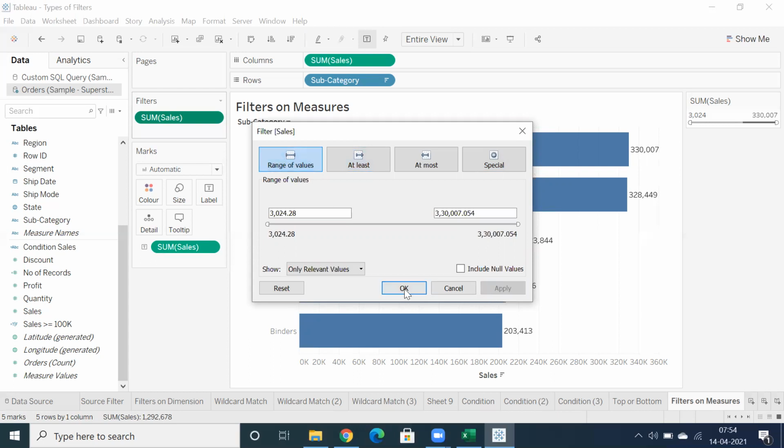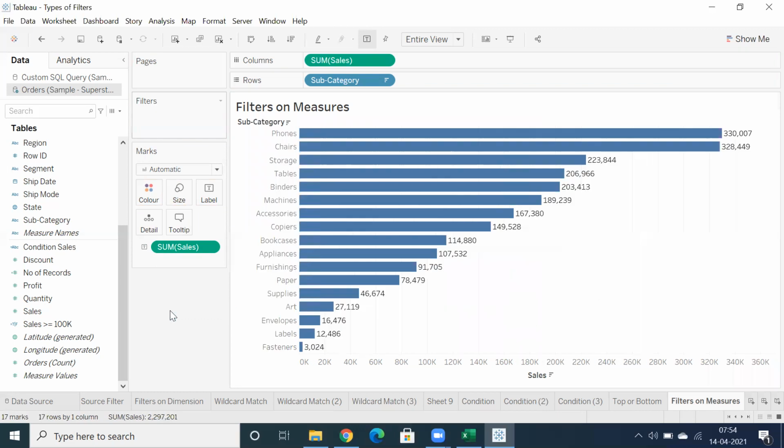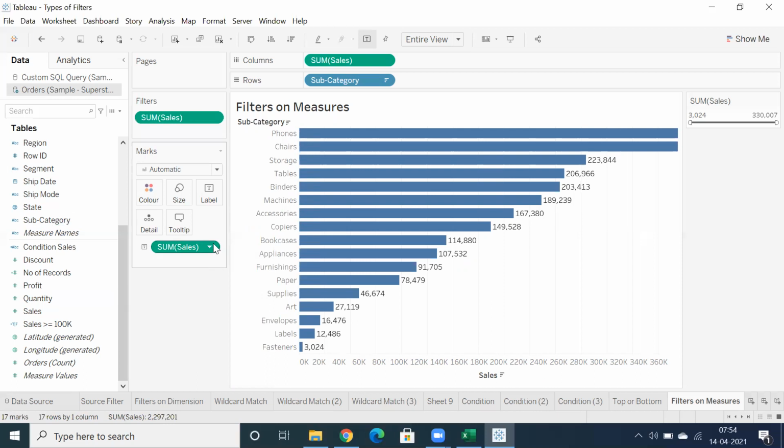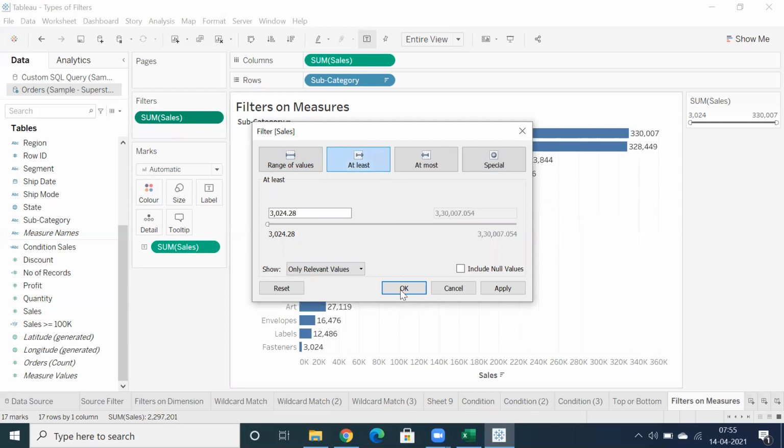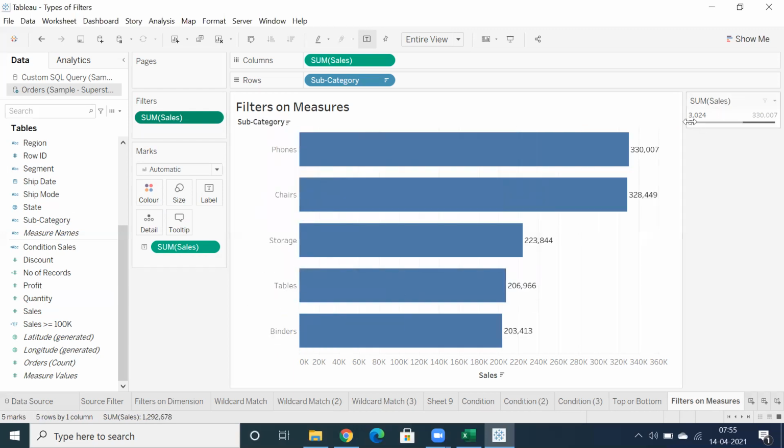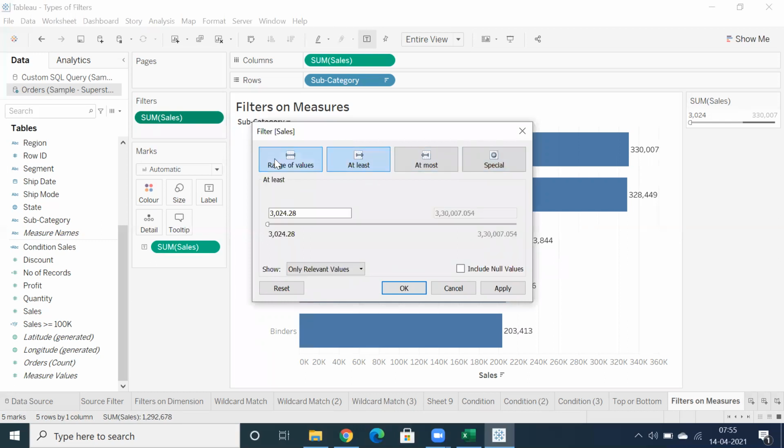let's click apply. Show filter, right click, edit filter. So click OK. So I'm not sure why it is happening. This is range of values at least.